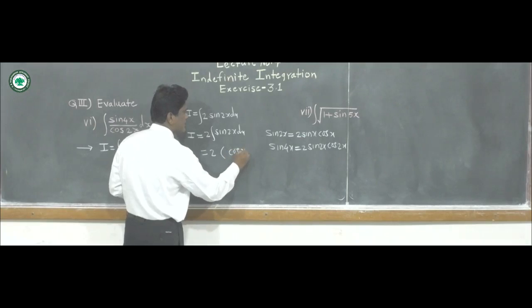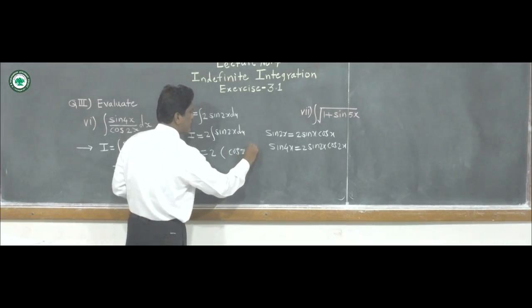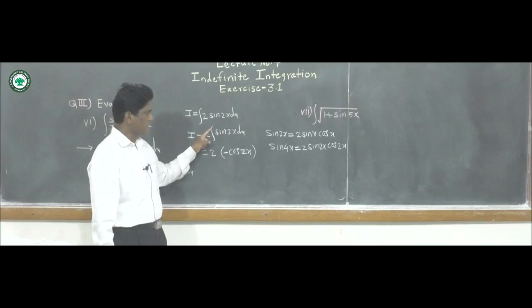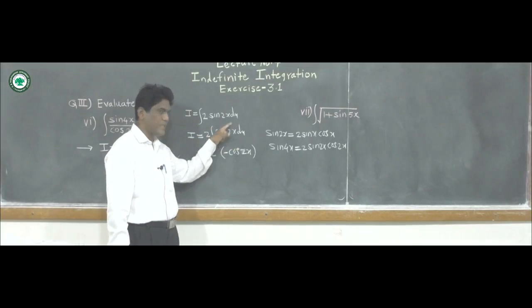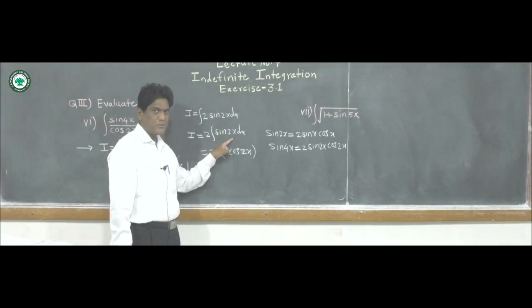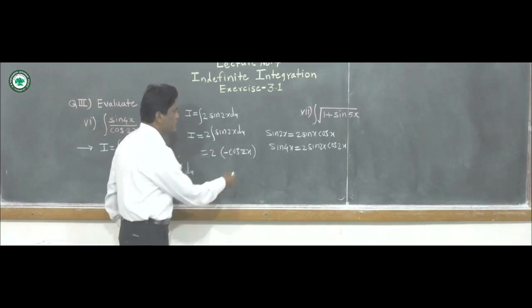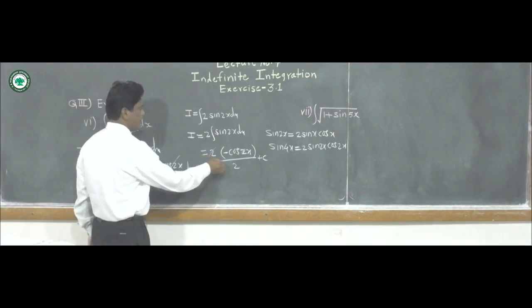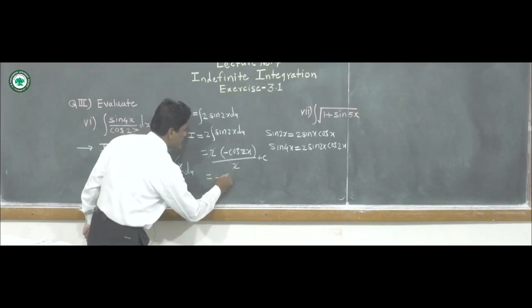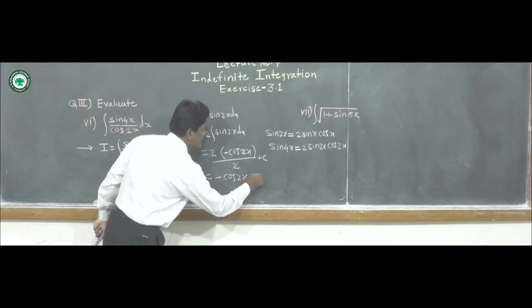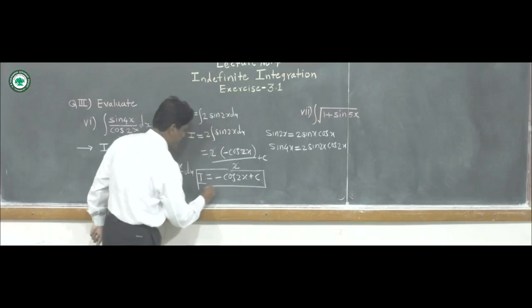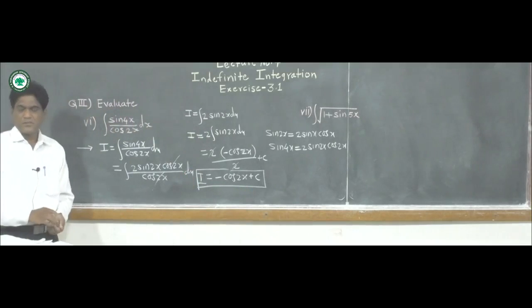So here it is equal to 2, and integration of sin x is minus cos x, so take the minus sign here. But here the angle is 2x, in place of x there is 2x. So we take the derivative of 2x, that is 2, and divide by it. So divide by 2 and plus constant of integration. Now these 2 and 2 get cancelled, and so it is equal to minus cos of 2x plus constant of integration. This is the final solution for this problem. Get it? Now take the screenshot.